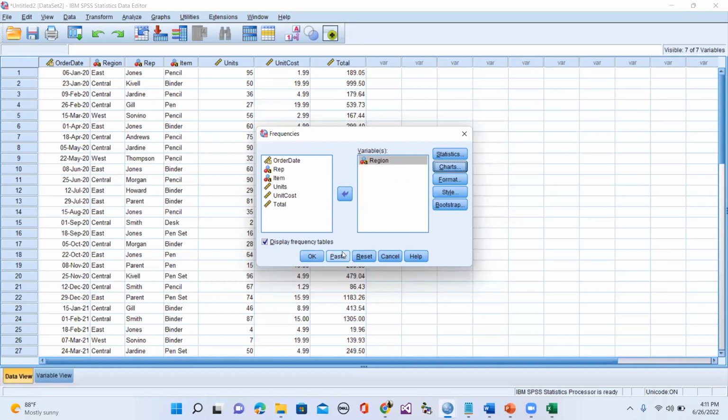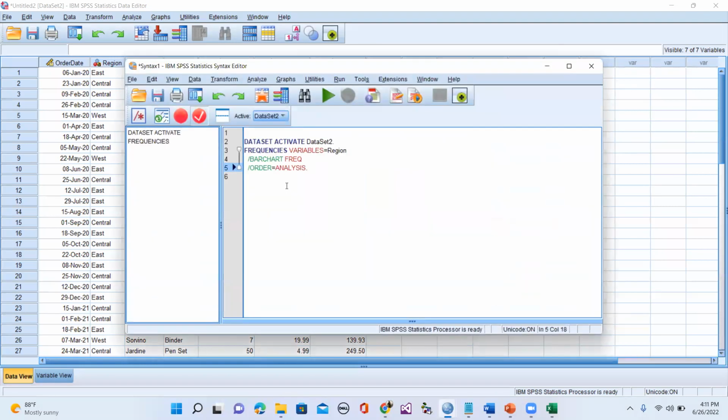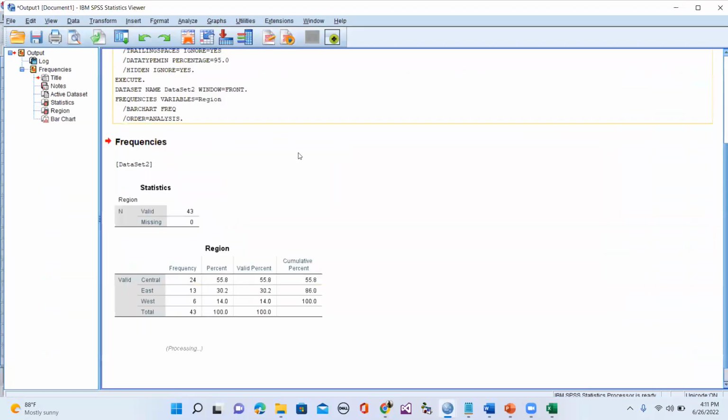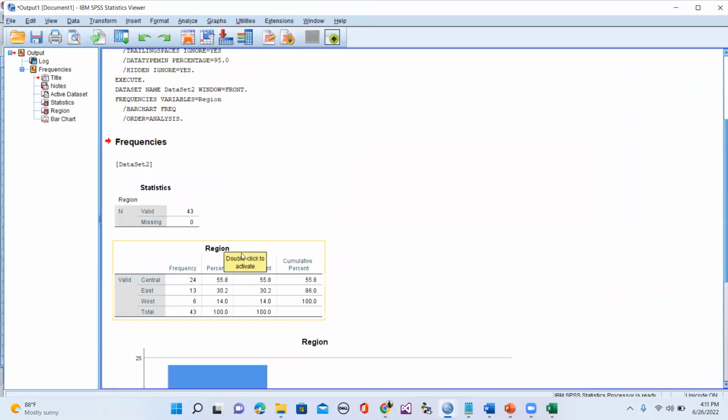Then instead of clicking OK, I can straight away click paste. So when I click paste, then I have this. Okay, so now I have the syntax. So if I like, I can straight away go like this. If I go like this, I can just click on this place. You can see this is my